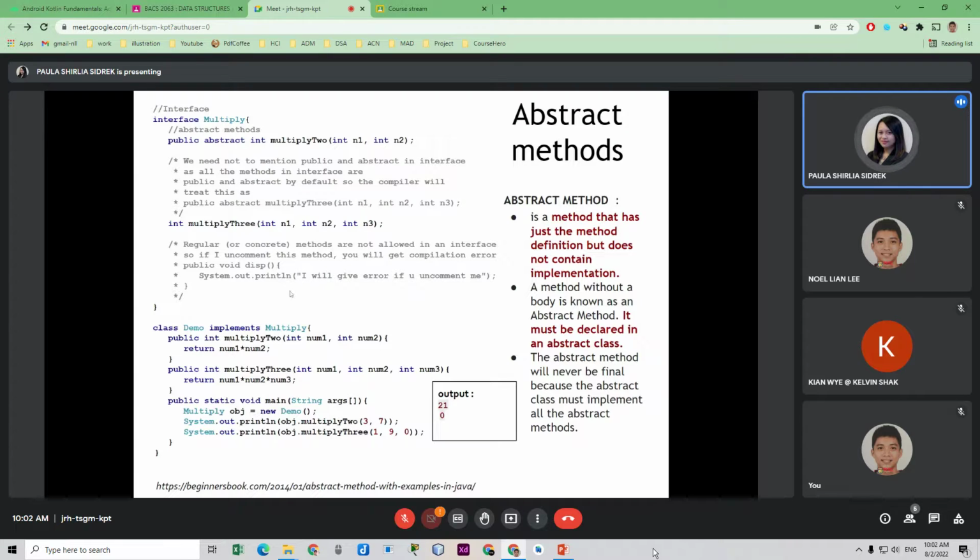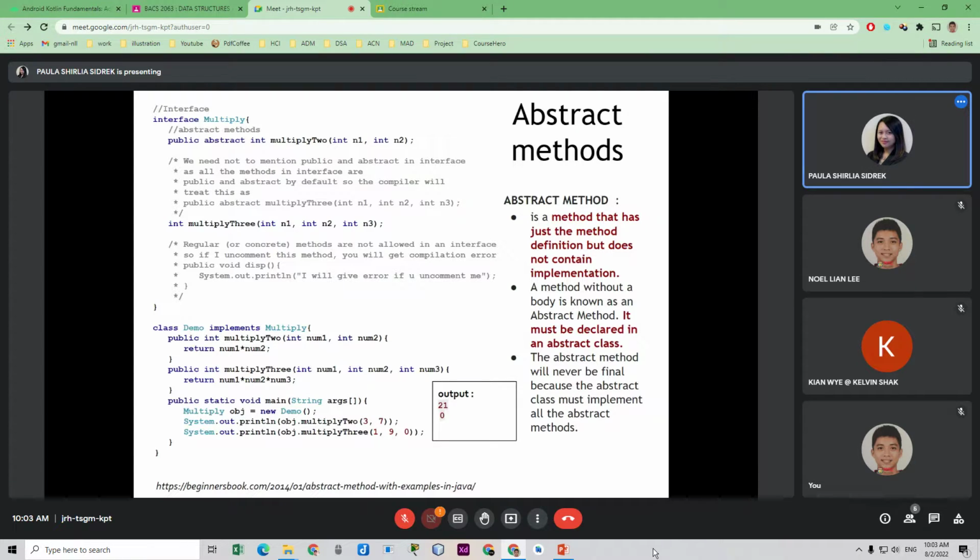Okay, and then after that you add this declaration of your interface into your abstract class. So then it will execute. You call the method, it will run in your class. So the abstract method runs together with your abstract class. And then this basically gives you an output of what you need, which is the addition of